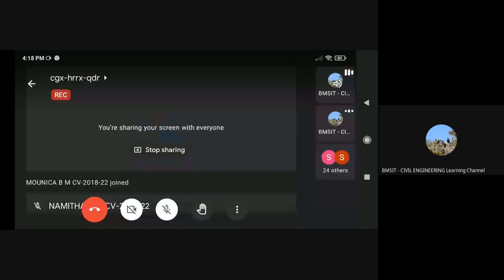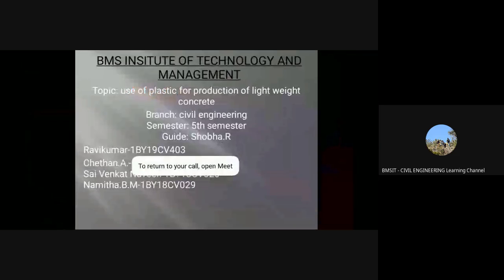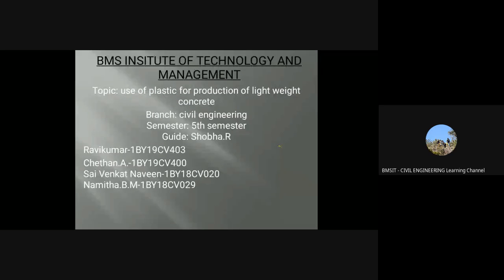A warm welcome to one and all present here to the Project Based Learning 2020. Today, we, the students of 5th SEM, are going to present a brief explanation on the use of plastic waste for the production of lightweight concrete. Our team members are myself, Namita BM, Ravi Kumar, Chetan A, and Sai Venkat Naveen. Now, based on the Hindu Business Line report on the 30th,